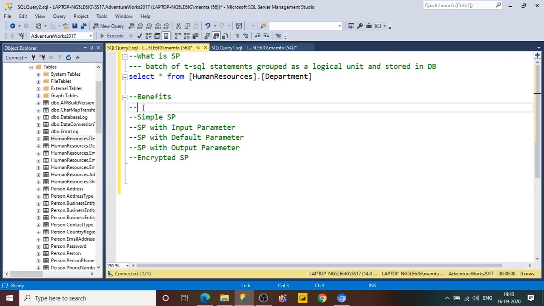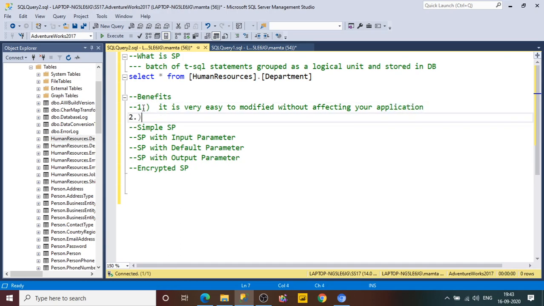That is the biggest benefit of using the stored procedure. It is very easy to modify without affecting your application. So let's understand the first benefit, and then we will create the stored procedure syntax and understand how it goes.